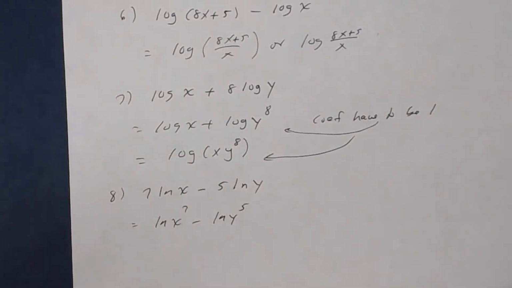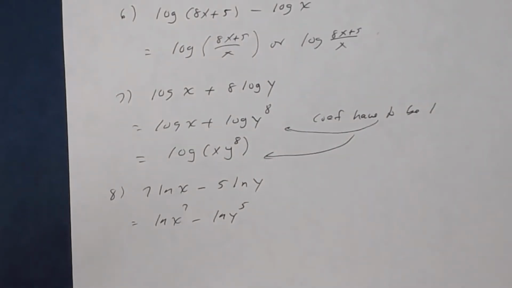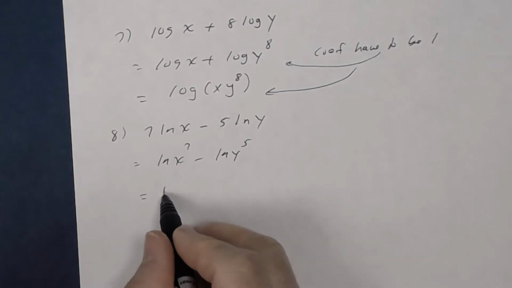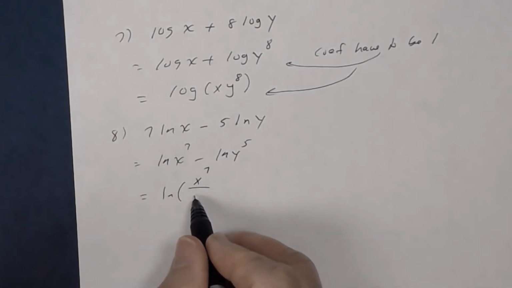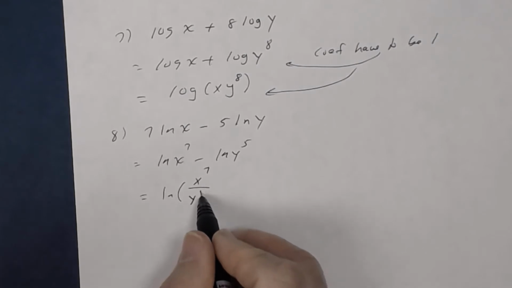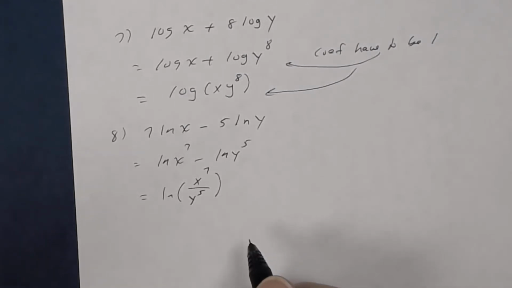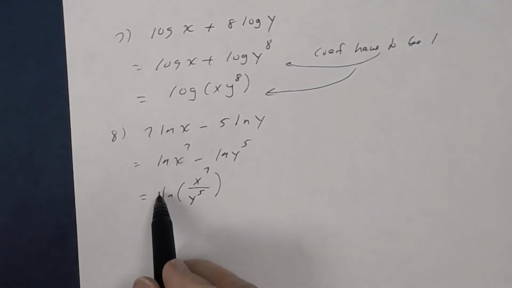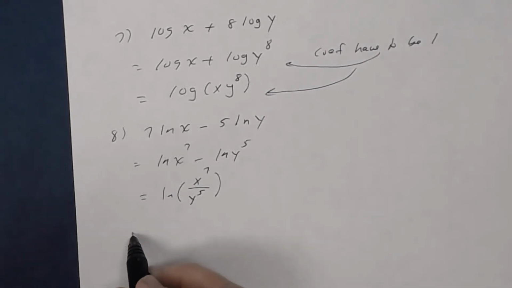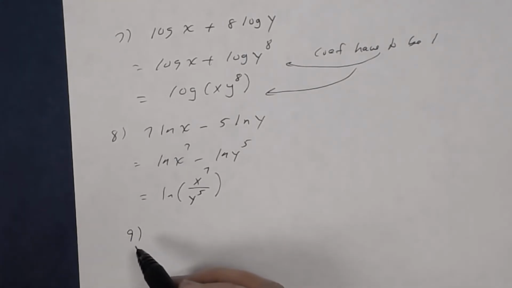The 5th. Now, can I use the quotient rule? Yes, you can. So that becomes the natural log of, in the numerator, x to the 7th, and in the denominator, y to the 5th. Okay? All right, so that was that one. And notice that the coefficient here is 1. Number 9, let's suppose you had,